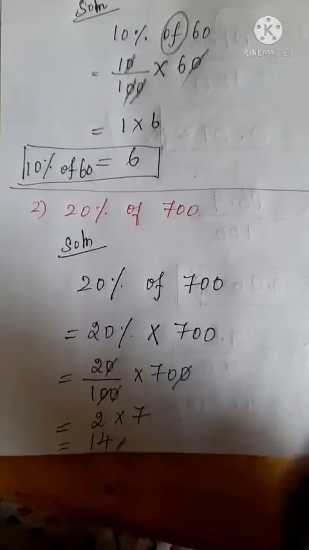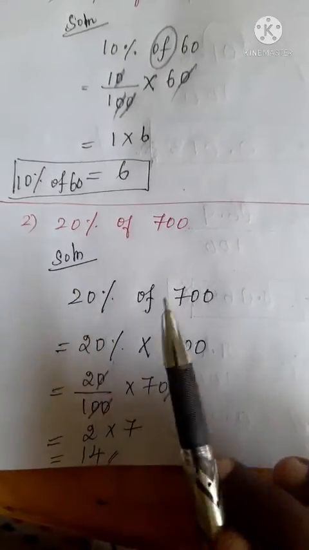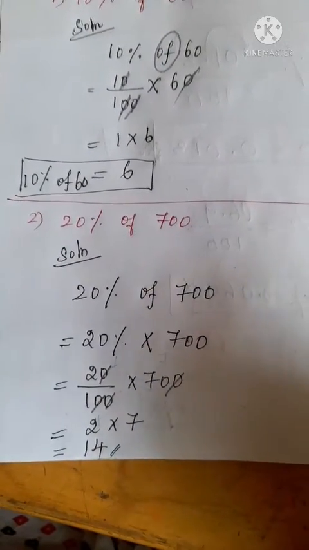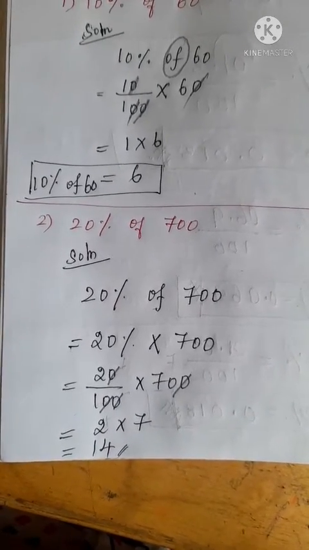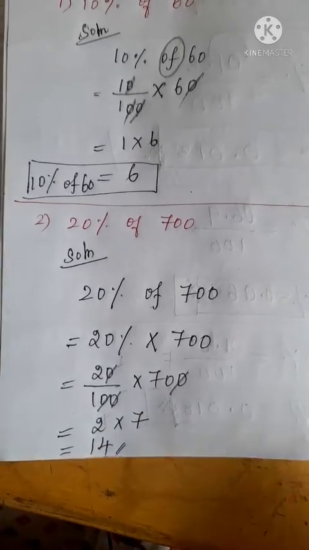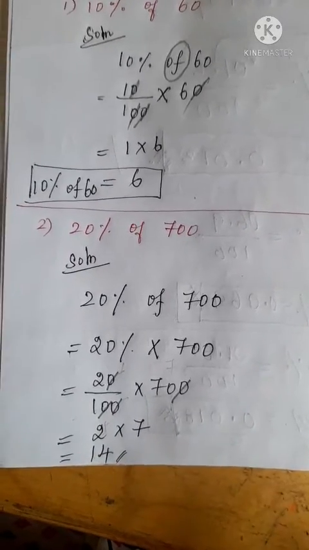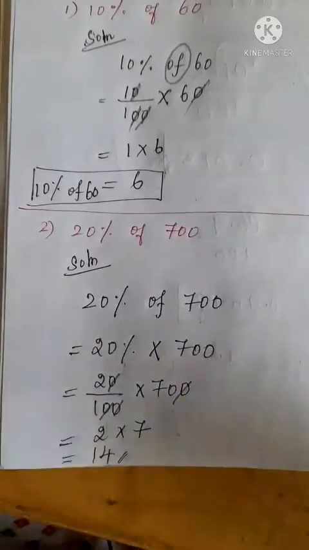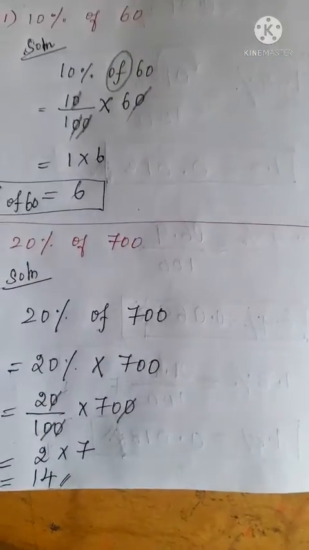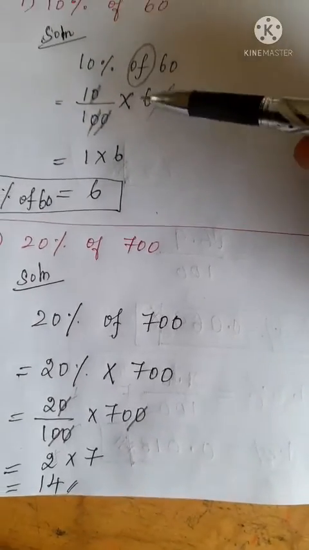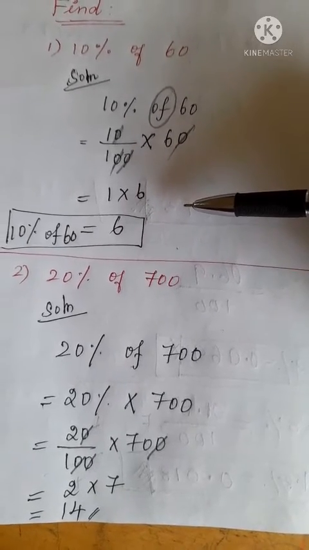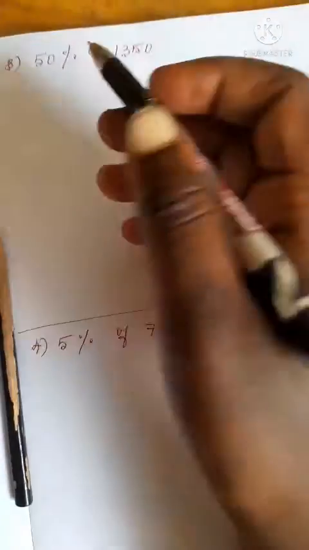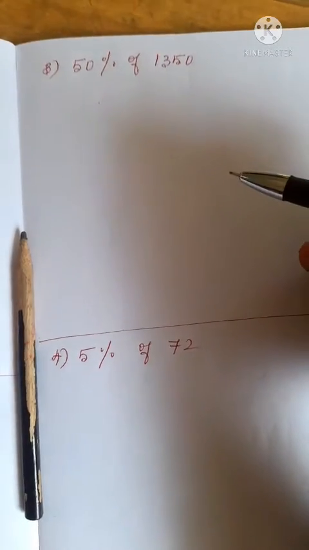Okay, 14. Like that only you can find for that same dress which I told, 20% into 800, you can find what is the discount amount for that dress. If you are going with your parents to the textile shop or any shop, you yourself can find and tell, Mommy, this is my discount amount, this is the shirt discount amount. Easily you can find it using this method. Use this method to find the discount amount. Same for girls also, same thing. Chudi, top, whatever it is, easily you can find the discount amount.